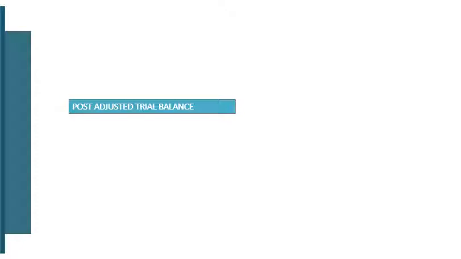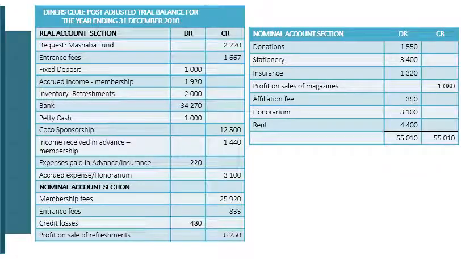Let's look at a trial balance for this exercise. Starting with the heading, the name of the club, the name of the statement post-adjusted trial balance, the financial year end, 31st December 2010. The trial balance must reflect the two sections, the real account section and the nominal account section. Starting with the real account section, where we normally reflect the list of accounts that fall under assets, owner's equity, and liabilities. Starting with the bequest as given with the opening balances of Mashaba Fund, the entrance fees as